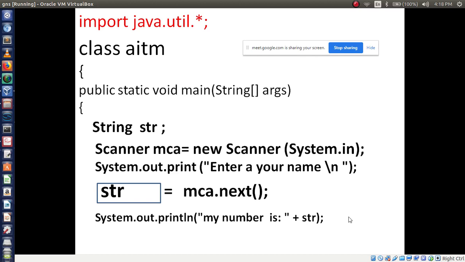Object name is xyz, then string name is abc, to display your name.